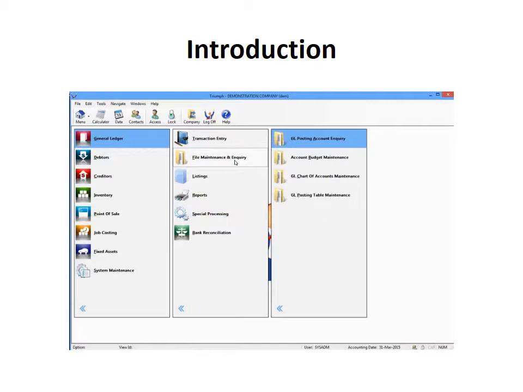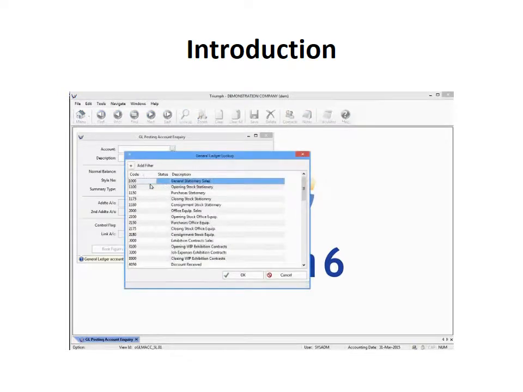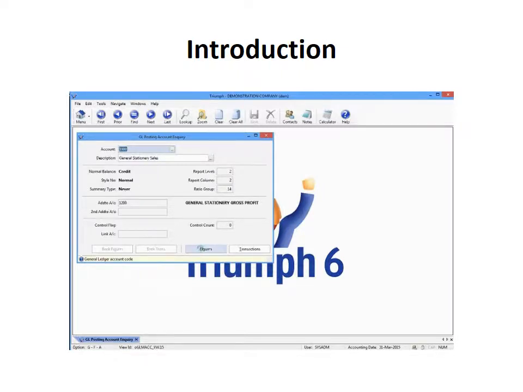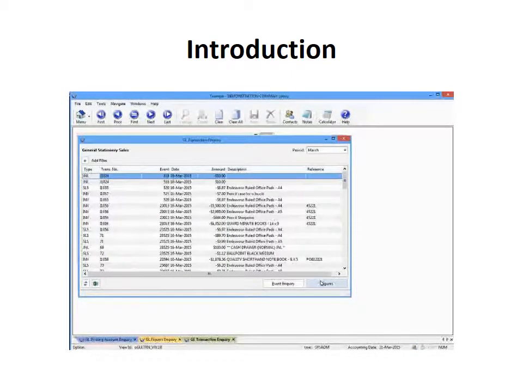If we just briefly look at the main area for summarising what's happening in the general ledger, you can go in and pick an account. An account can be alphanumeric; in this case we've got a numeric one. We can pull it up and you'll see immediately we can have up to 18 periods of transactions, looking back at last year's, this year to date balance, last year to date, and budgets. If I pick a month here, March, and drill in on this, we can start looking at the transactions that make up that figure. This will give us a list of all of the transactions for the month. You can pick and choose other months, but if I pick a transaction